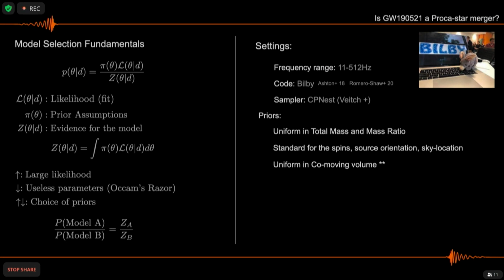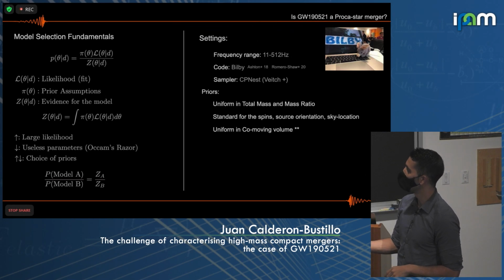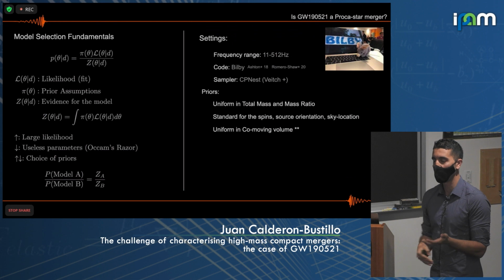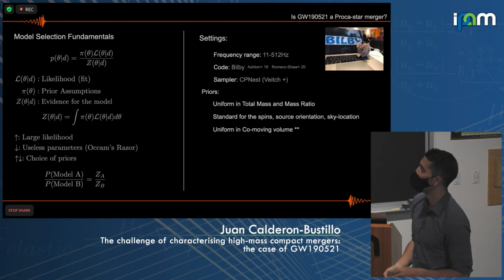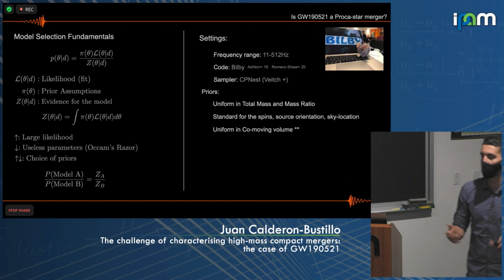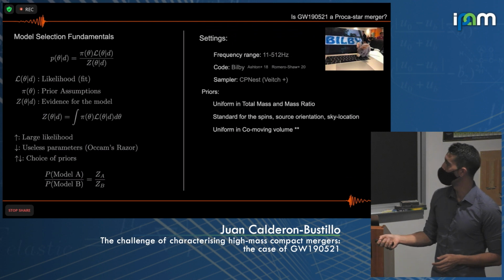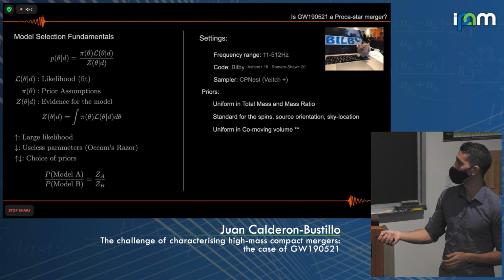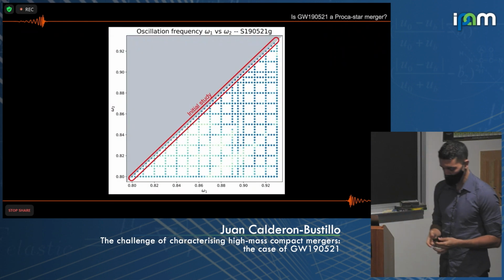And then our priors cannot be the typical priors that everyone uses, for instance uniform in the two masses, because we have a discrete set of simulations. So what we use is a uniform prior in total mass, because these simulations can be trivially scaled to any mass. And in order to compare to black hole merger models, we choose the same prior for those models combined with a uniform prior in mass ratio, just to make an apples-to-apples comparison. The rest of the priors are standard, and in particular, we'll come back to this later, but we start with a uniform prior in comoving volume, and then we try other things for reasons I will explain.